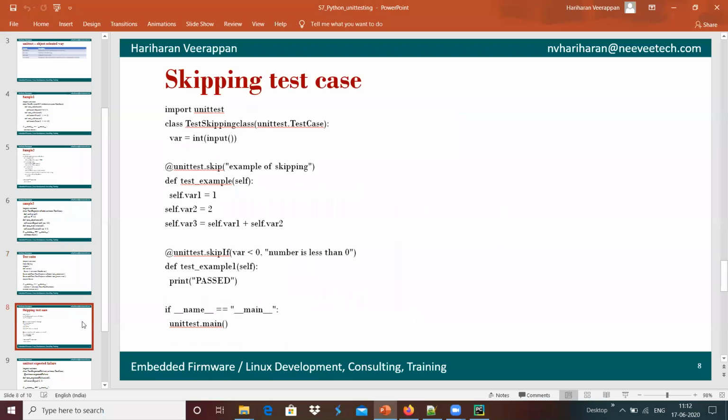If we wanted to skip some of the test cases which we know, I'm going to show skipping a test case here.